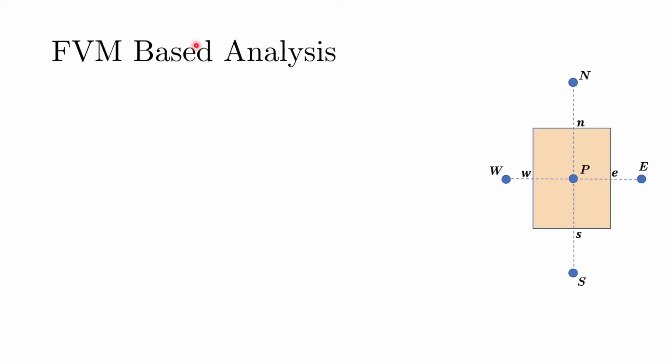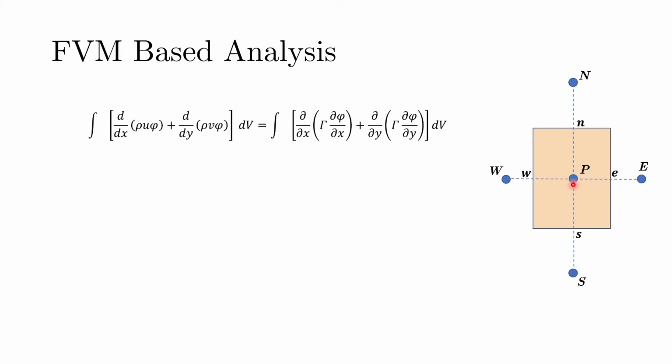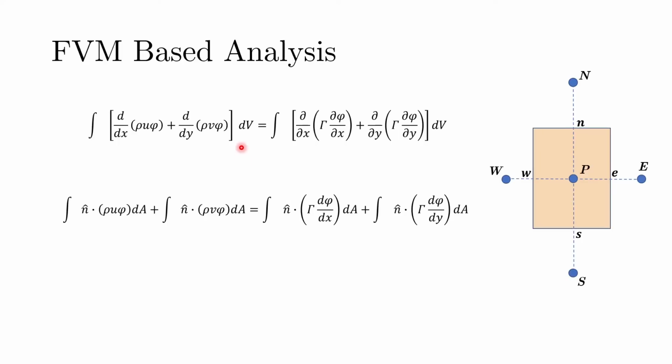The reason is that we have covered all these details previously when we discussed the 1D system and also when we discussed the 2D central differencing. So just to briefly recapitulate, if I isolate my finite volume around my point of interest P, then after integrating all the terms, that are the 2 convection terms on the left hand side, the volume integral is represented by a single integral rather than 3 separate integrals. And when we integrate that and use the Gauss divergence theorem, we can convert these volume integrals into area or surface integrals by introduction of an outward unit normal vector.